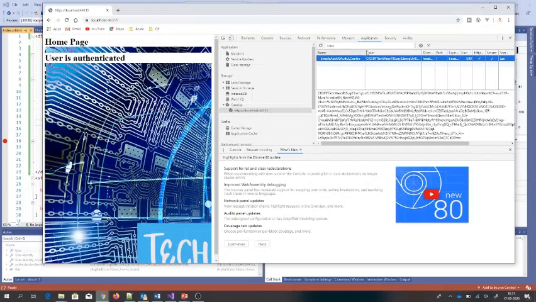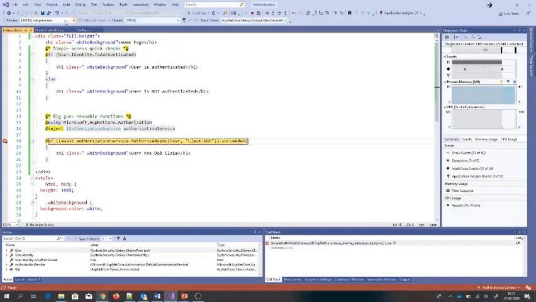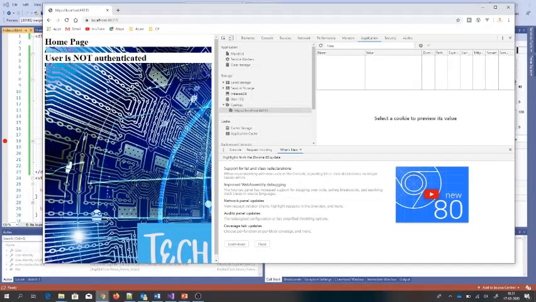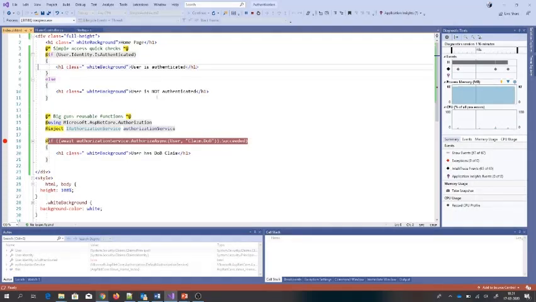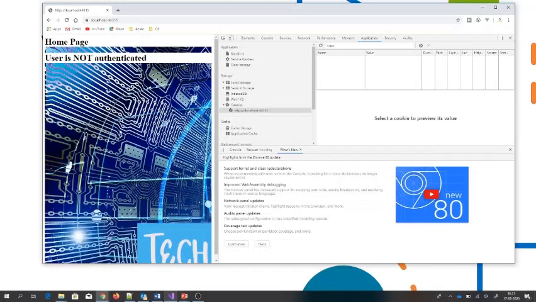You have this cookie, and if you just delete this cookie and refresh this page, the home page says user is not authenticated, because I displayed this thing. So I am not authenticated if I don't have that. As simple as that. I hope it's clear till now. I'm going to close it,